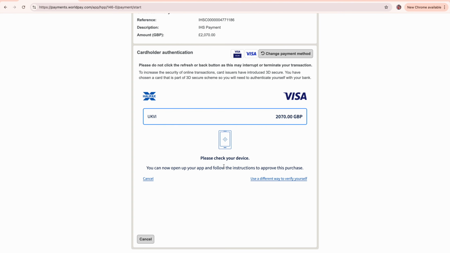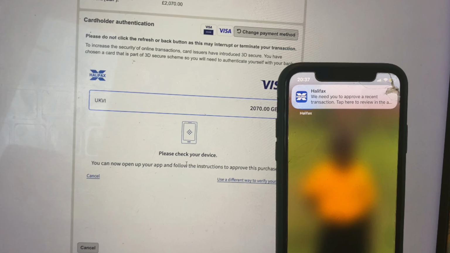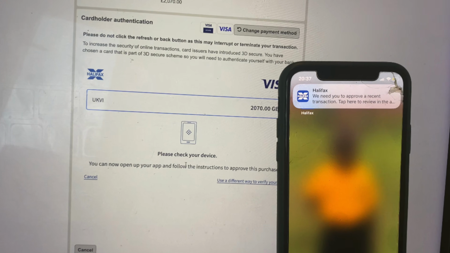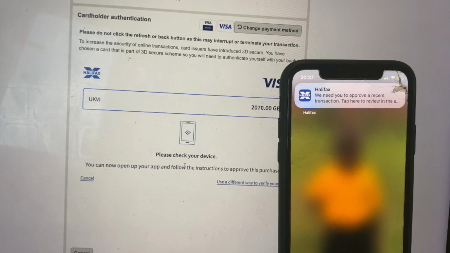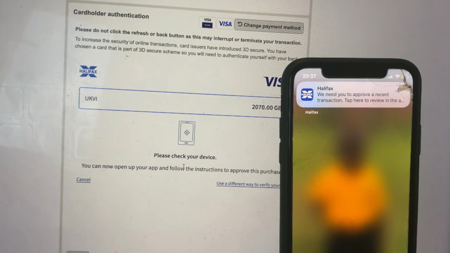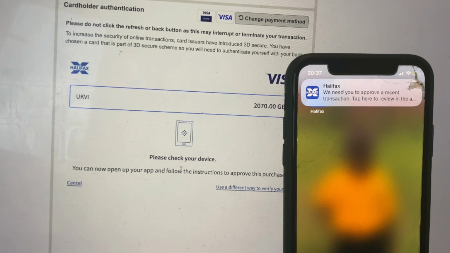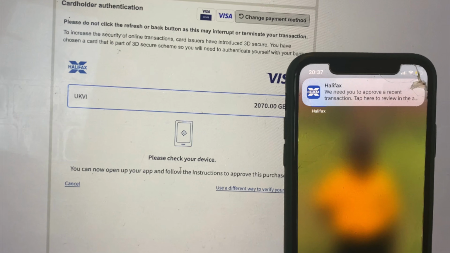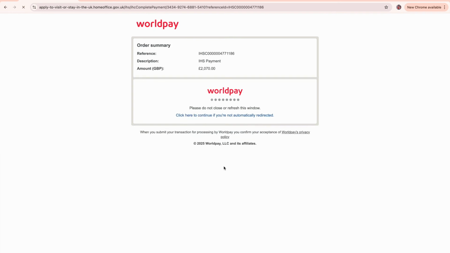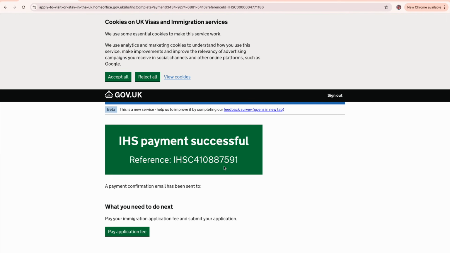So they've sent a message to your device which says, we need you to approve a recent transaction. This is an app that is connected to my bank because I put in my credit card details. So once the payment is approved on your phone, you will get this information, IHS payment successful, and they will send you a receipt to your email.